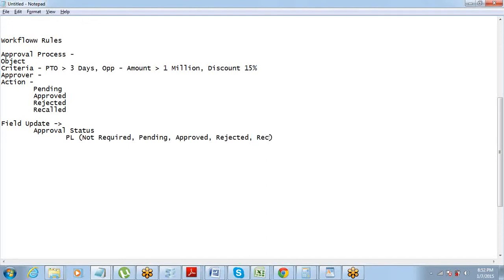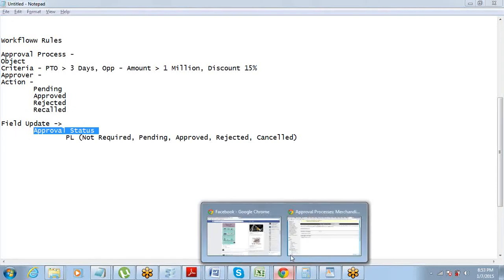So let's have an approval status field on the PTO object. This approval status field should be a pick list, and it should have these options.